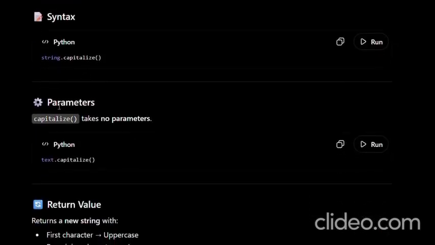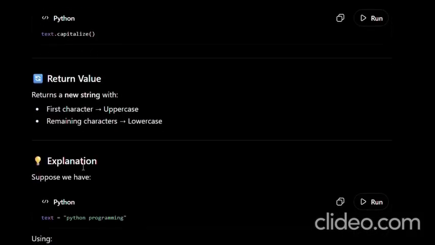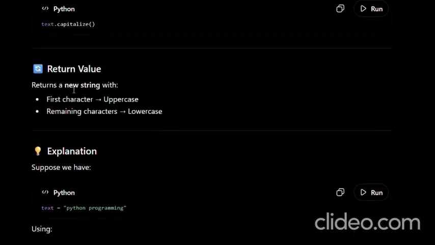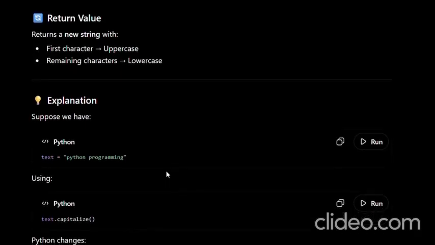So this is the basic syntax of using the capitalize method. Capitalize takes no argument. Basically, it will return a new string in which the first character is uppercase and the remaining characters are in lowercase. Suppose we have a string with variable name text and the string is Python programming,